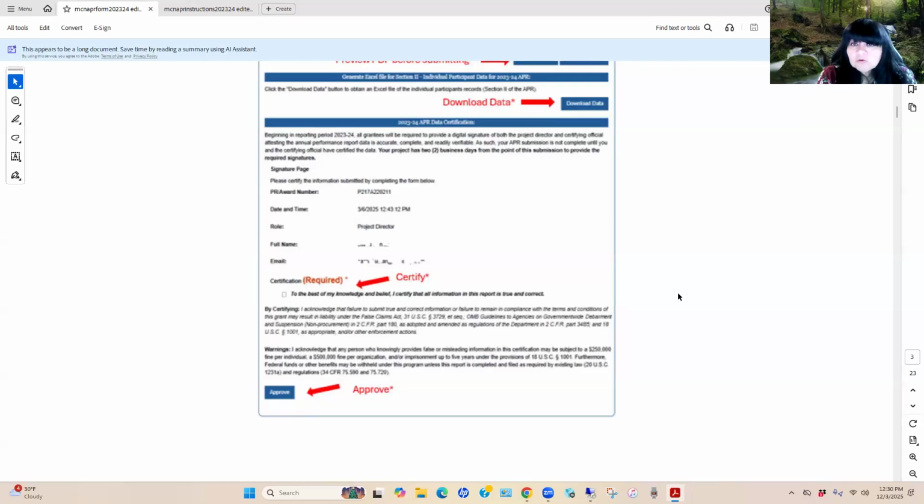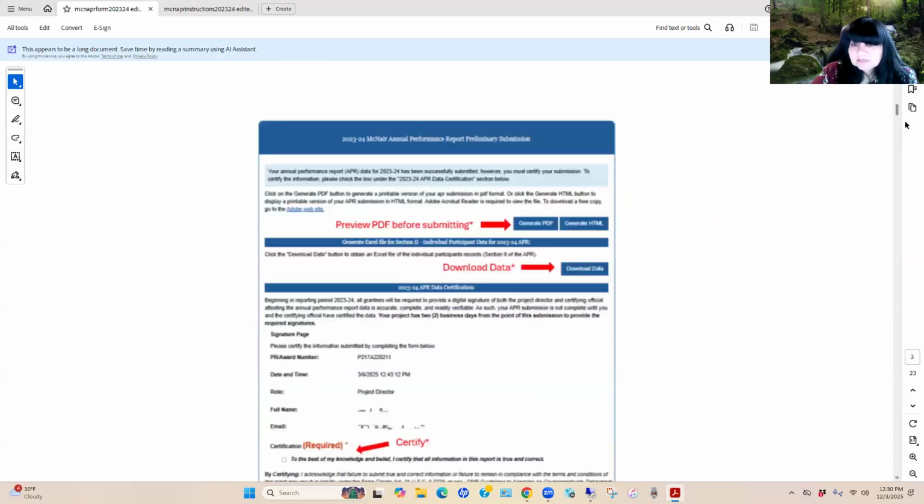Okay, so that's something that you want to ensure is being completed before the APR deadline, because what typically could happen is the APR website is then taken down, and then you don't have an opportunity to go in and certify the submission of these annual performance reports. Okay? So this is how the signature is going to be provided through section 1, part 1 of the annual performance report at the conclusion of the APR website. Okay, so that's part 1. Let's go ahead and look at the next part.